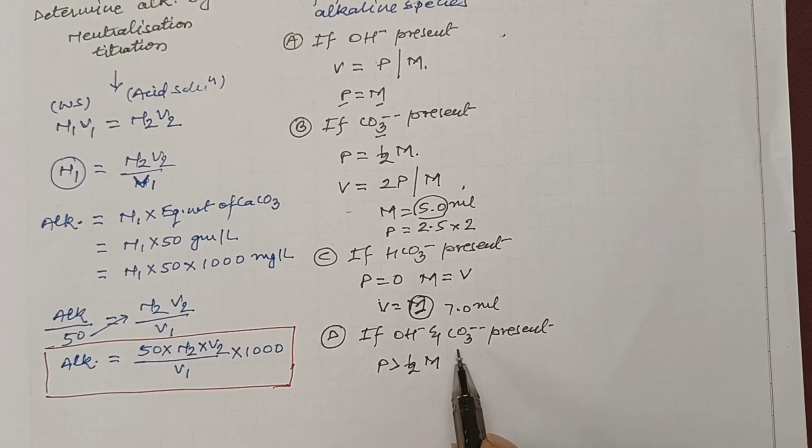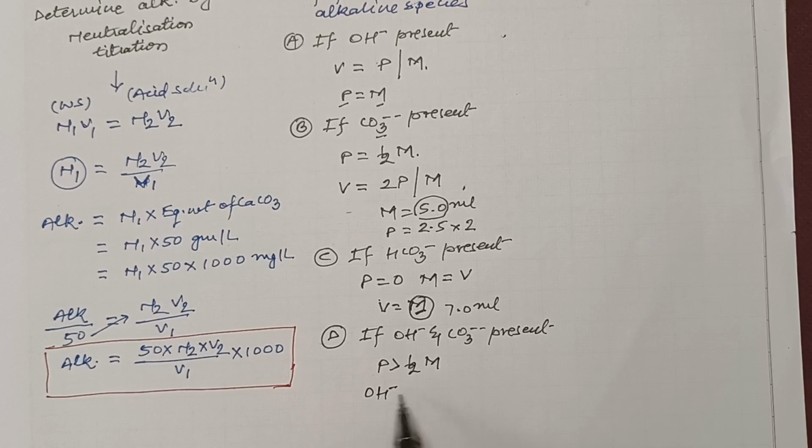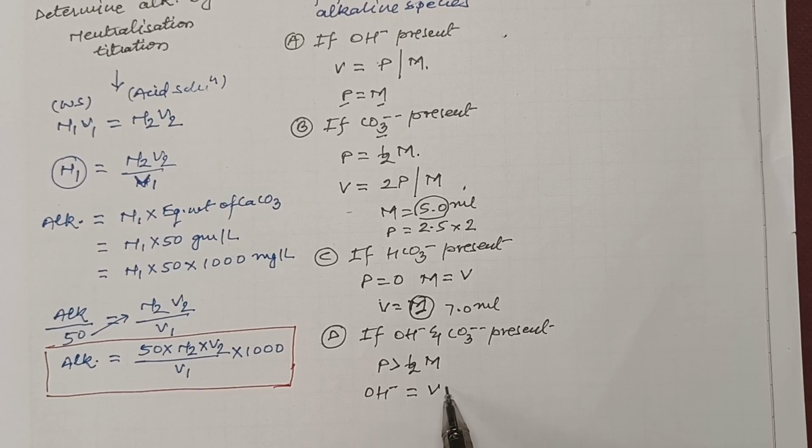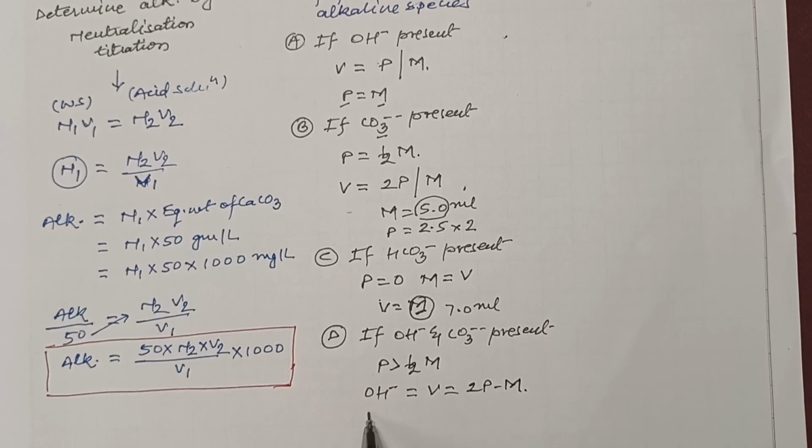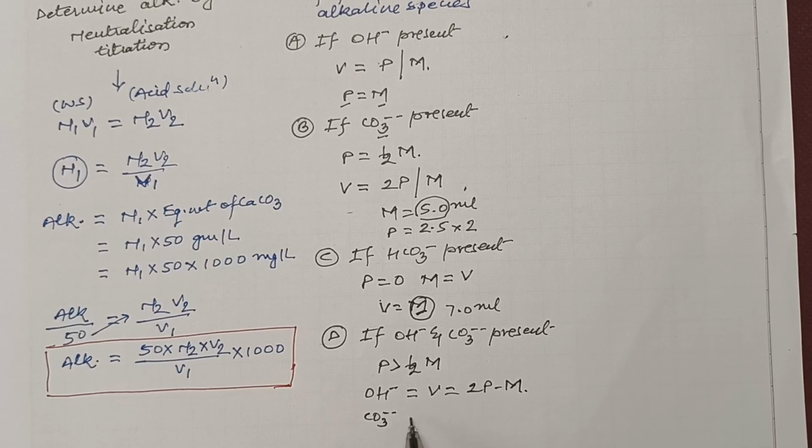So in such a case, what value of acid should be taken here? The answer is, for the OH ion concentration, the value of acid V should be 2P minus M, and for carbonate ion, the value of V should be